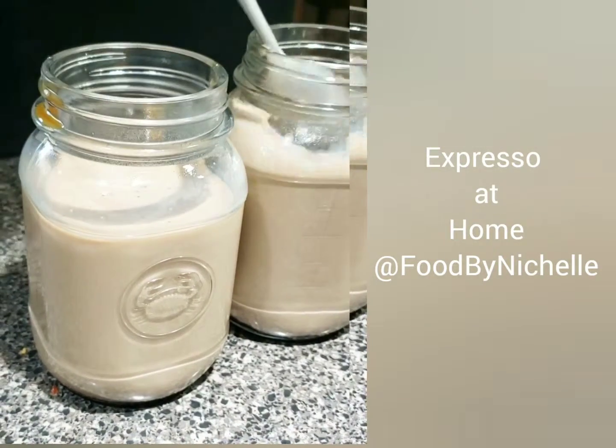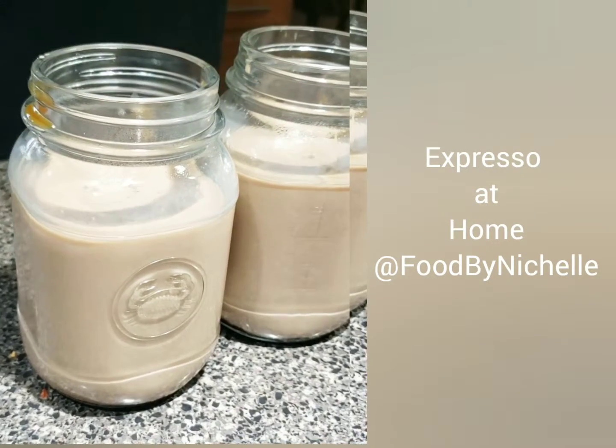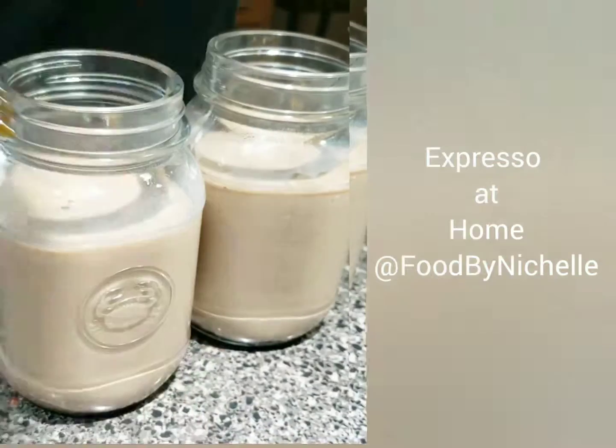But anyway, here's your at-home Starbucks drink. You can add raspberry to it. You can add any kind of flavor. Add some ice. He has ice also, but you can